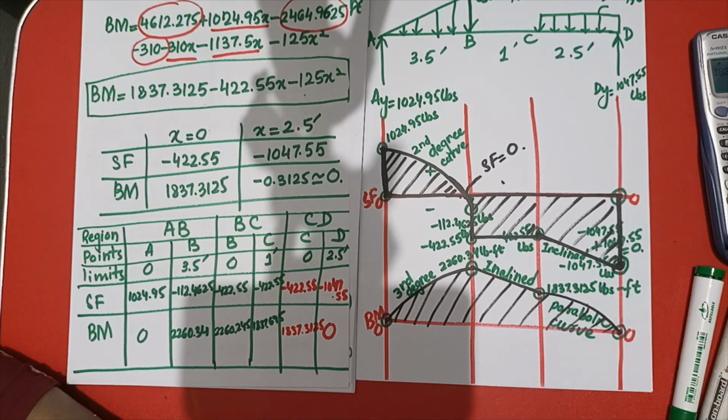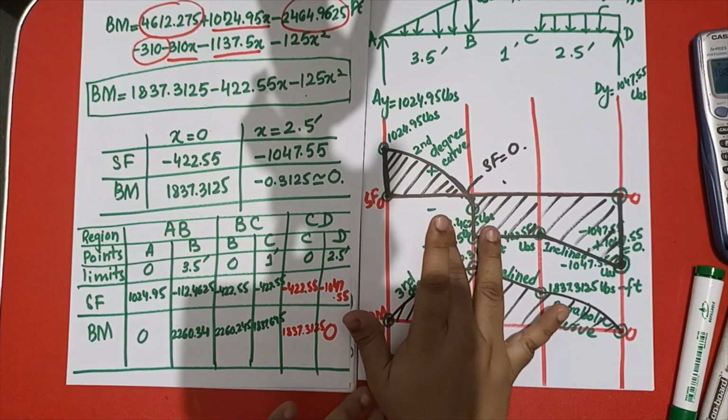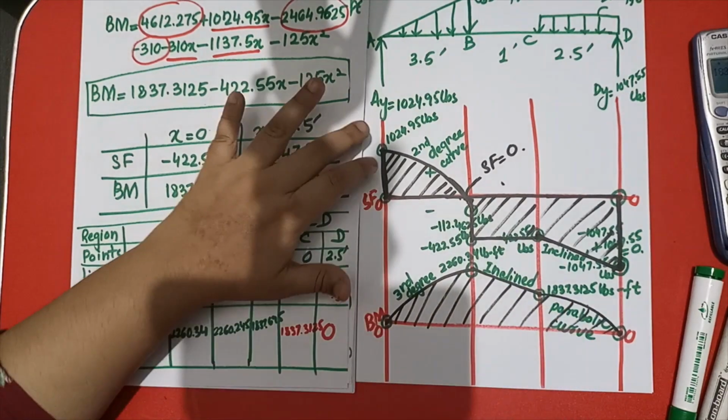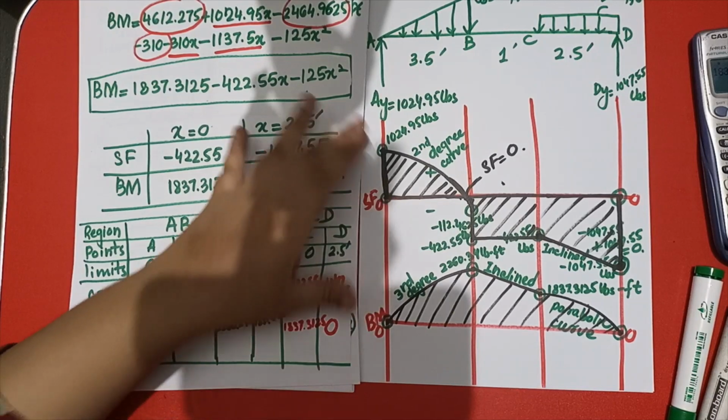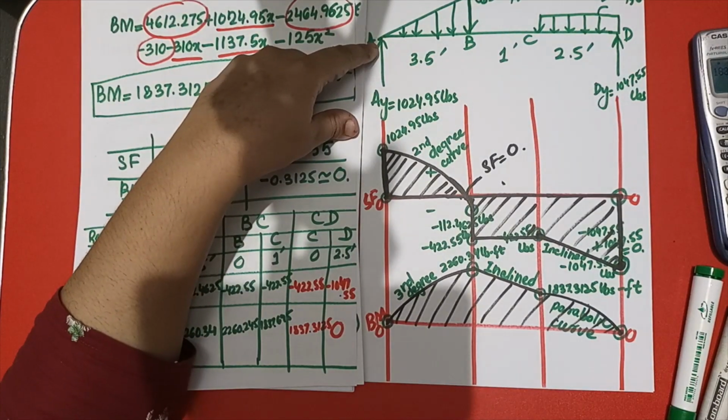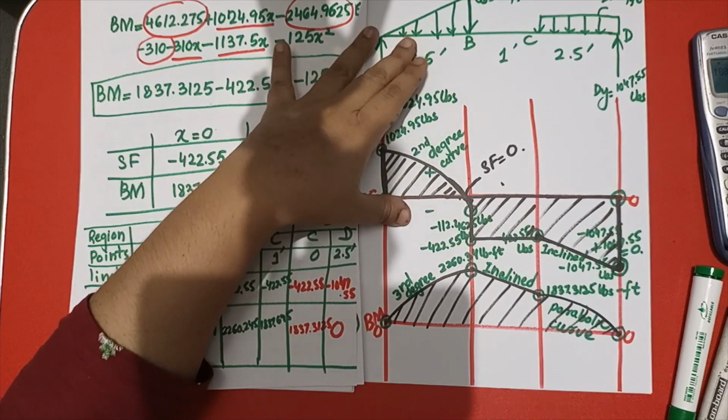So keep it in mind, when you have a variety of loading conditions on the beam, types of loadings like triangular loading, point load, and the uniformly distributed load, what will be the nature of the curves, whether it is a curve, a straight line, or an inclined line. You are the one who has to decide it. But remember that you are having a second degree curve for the triangular loading in the shear force. You are having a third degree curve for the bending moment for the triangular loading, and you are having a straight line for the point load.